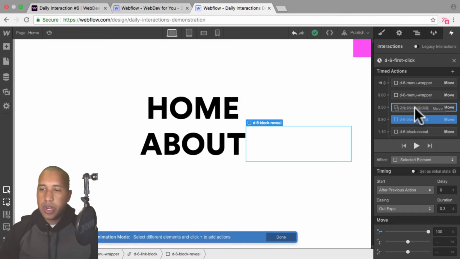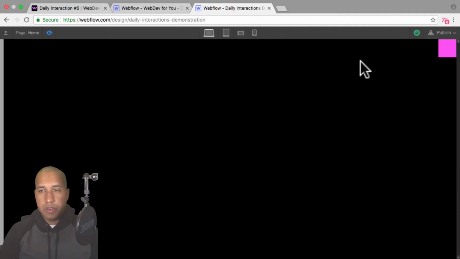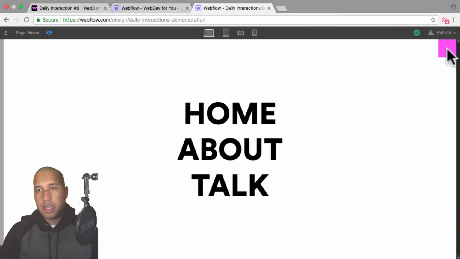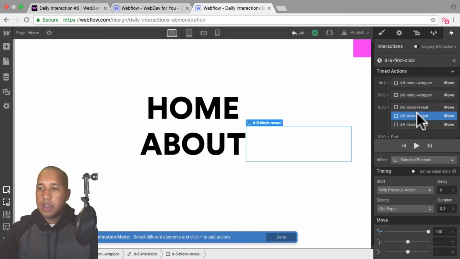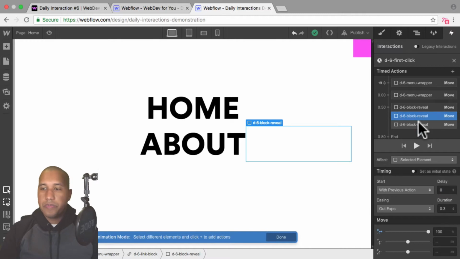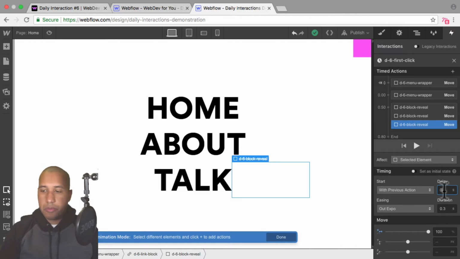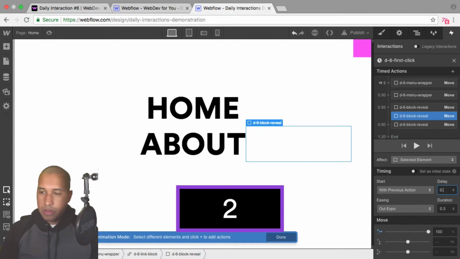So I'll just click, hold, and drag and place them on top of each other so they start at the same time. So if I were to preview, the menu opens and then the text reveals. So I want to add a stagger between them. I'll add a stagger of, let's say, 0.2 seconds. So the first one doesn't have any delay. The second one, I'll start at the bottom actually, so they all stay in the same location. So the second one will have 0.2, and the third one will have 0.4. So I'll enter in 0.4 for the last one, and then 0.2 for the second one.